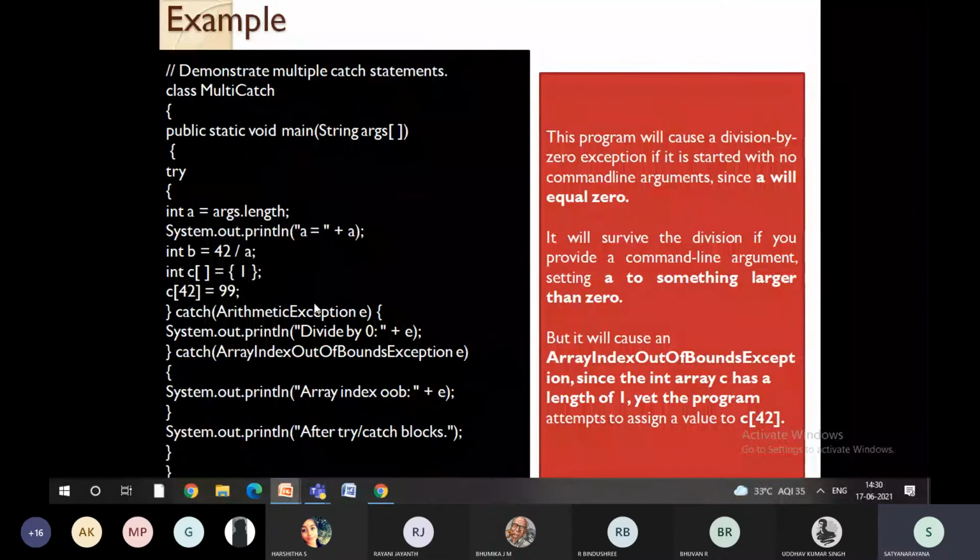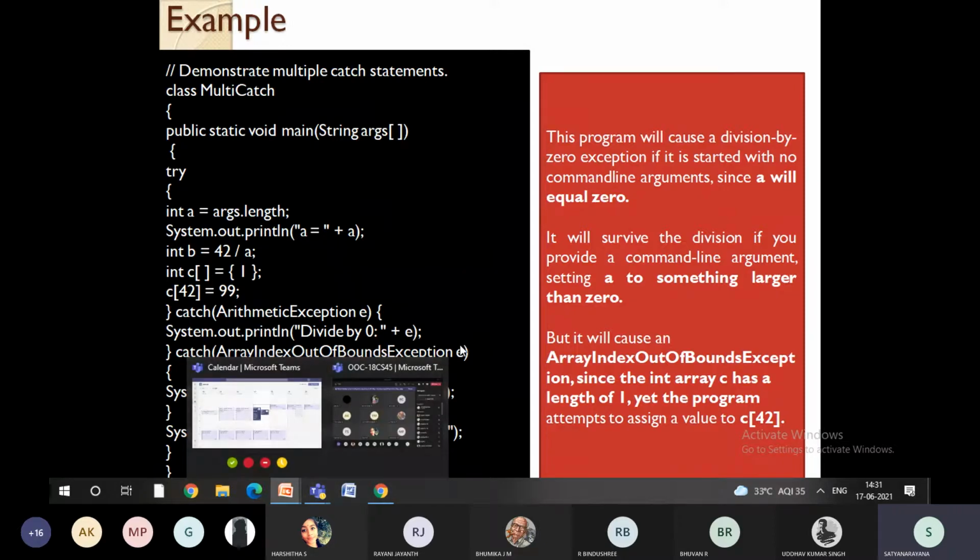Or let me put it in very simple terms. c has a length of 1, but we are assigning a value which is greater than 1. Then you will get an array out of bound exception. That means the actual size of the array is one value, and when you assign 2, 3, 4 values, you will get an array out of bound exception.